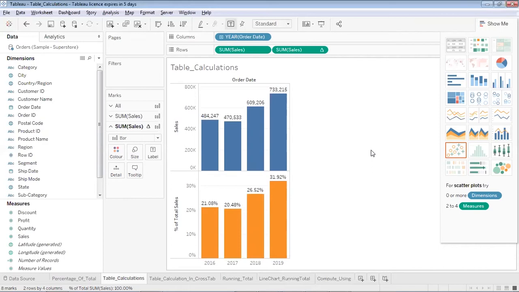So in this way, I have plotted the total sales across years, and parallelly, I have also plotted the total sales in terms of percentage of the total sales in the last 4 years. Over here, if you check, I have placed order date, and this is showing me the years. And on the rows, I have placed sales, but twice. One is the basic sales, which is showing me the sum of the sales. Another is a table calculation. This triangle on the pill of sales shows that this pill is representing a table calculation. So we'll remove this, and I'll tell you from scratch how you can make it.